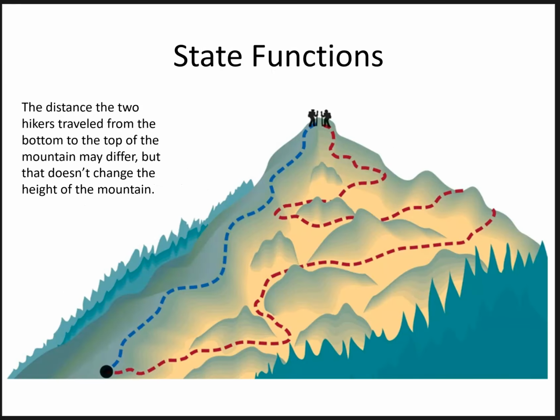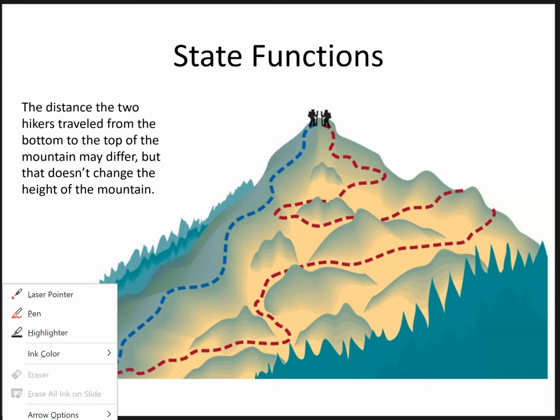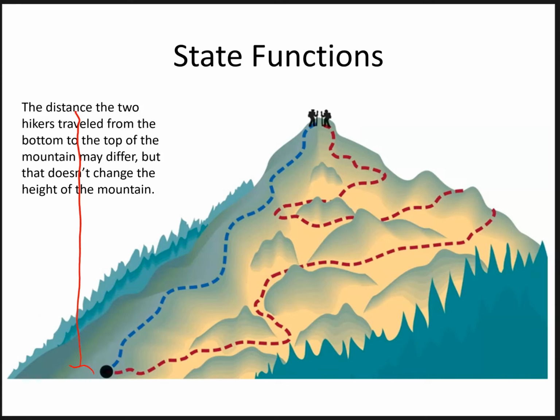So imagine we have two paths for hikers going up a hill. We have the direct approach and the scenic approach. And both paths have different lengths to them. Regardless of which path you take, though, it doesn't change the elevation from the bottom of the path to the top of the path. That is, the difference from the point right here up to the top of the mountain is always the same. It's path independent. That's what a state function is. It's simply a difference of two points and ignores everything else that happens during or between those two points